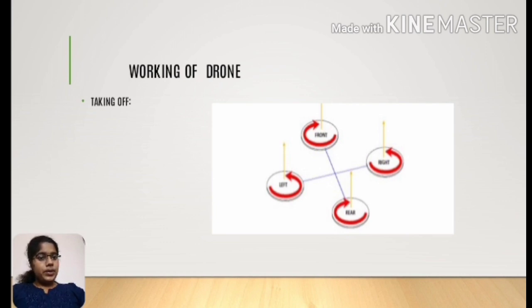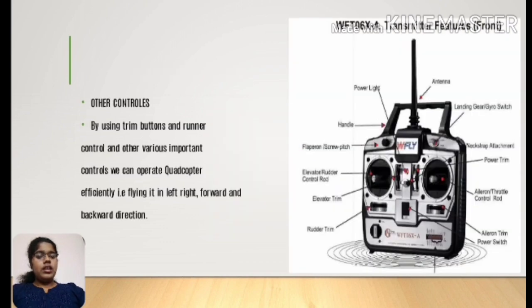As we increase the speed of the motor, the speed of the propellers also increases, and it pushes the air in the downward direction, resulting in the upward movement of the drone. If we want to move the drone in the forward direction, backward direction, or in the left or right direction, we have this throttle rod control. If we move this throttle rod in the forward direction,